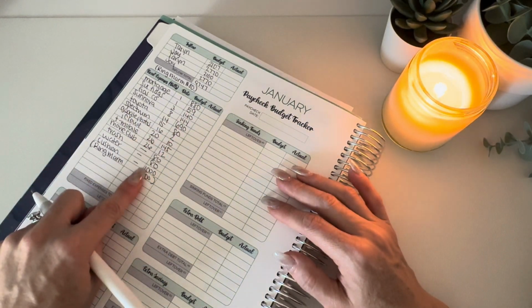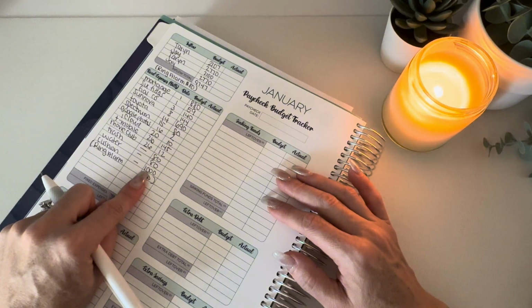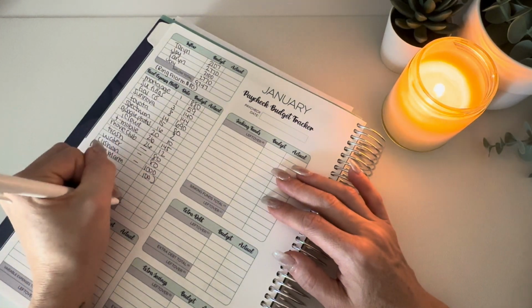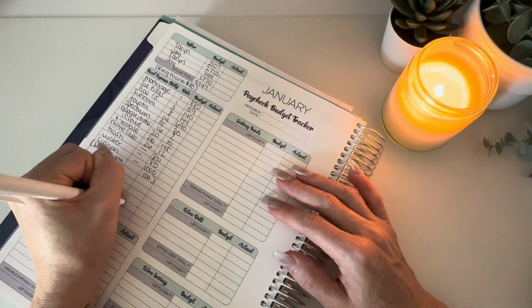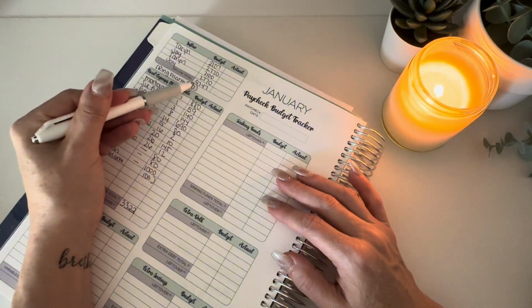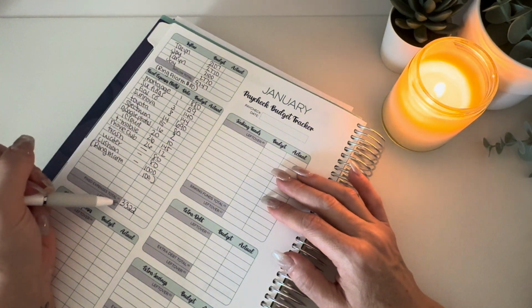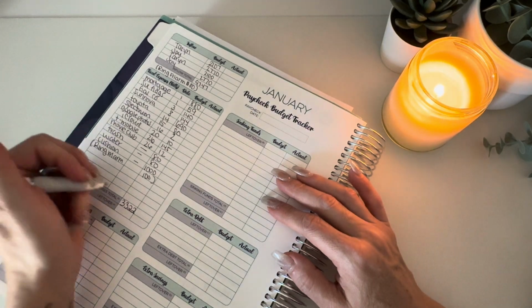So the fixed expenses all added up for the month is, well, we're also putting $1,000 into our checking account cushion, because I did have to use some. So I'm going to just replenish the whole thing. And if we wind up having more than 1,000, that'll just either roll over or we'll just use it as needed. So that is $3,322. Okay, so with what we're starting with, our income, the $9,747, I'm going to go ahead and minus our fixed expenses. So that will leave us with